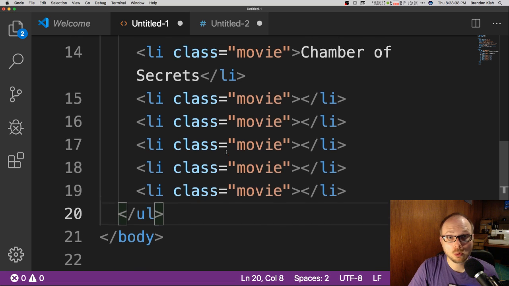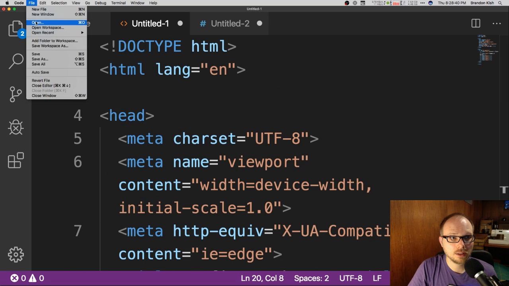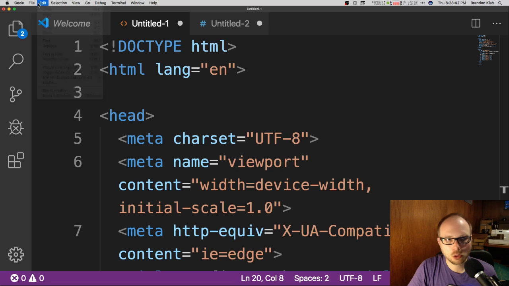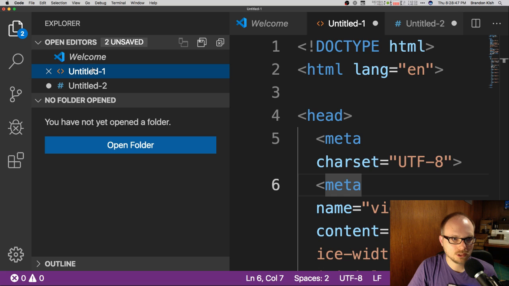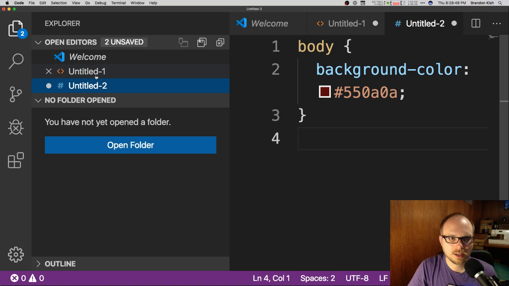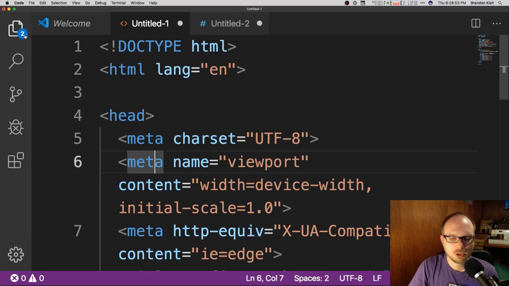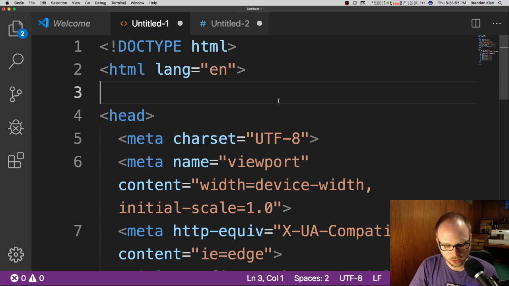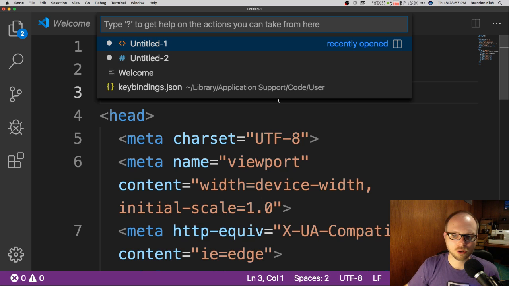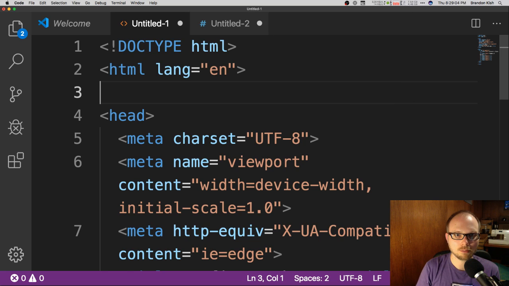You can open up a whole folder. If you just go up to File, Open, you can open up a folder, and then you'll be able to actually see when you click on this button all the files that you have in that folder. So here I have just Untitled 1 and Untitled 2 because I haven't saved them yet. When you have a couple files open, I think there's a Control T or Command T shortcut as well to see each of those listed. You have each of your tabs, and you can arrow down to jump between them, which is pretty handy.